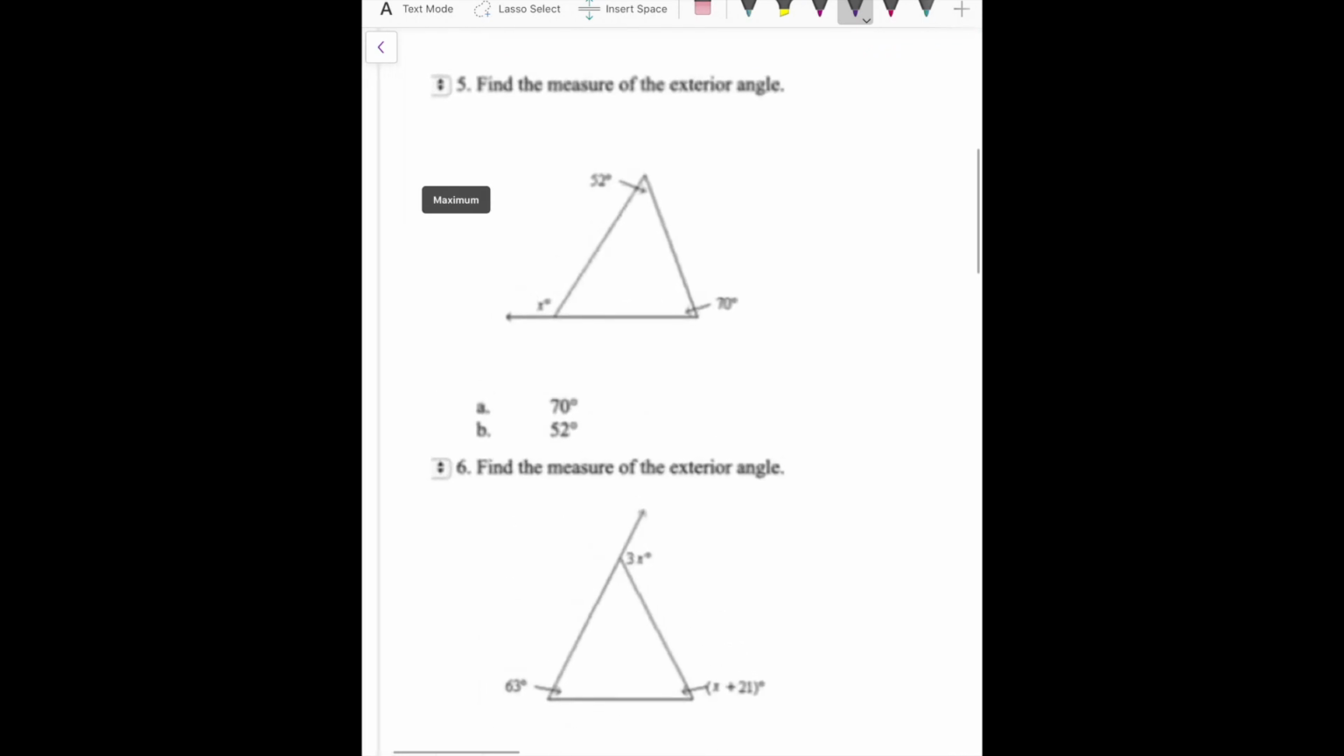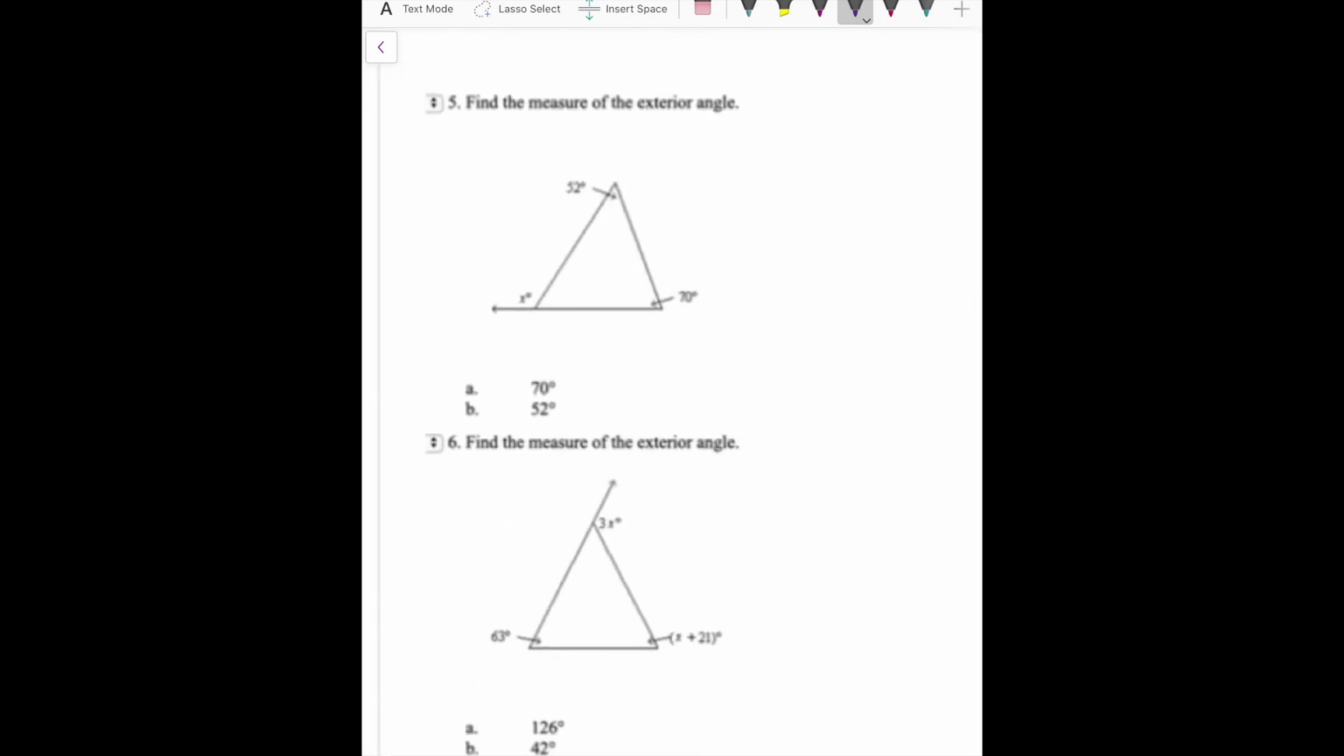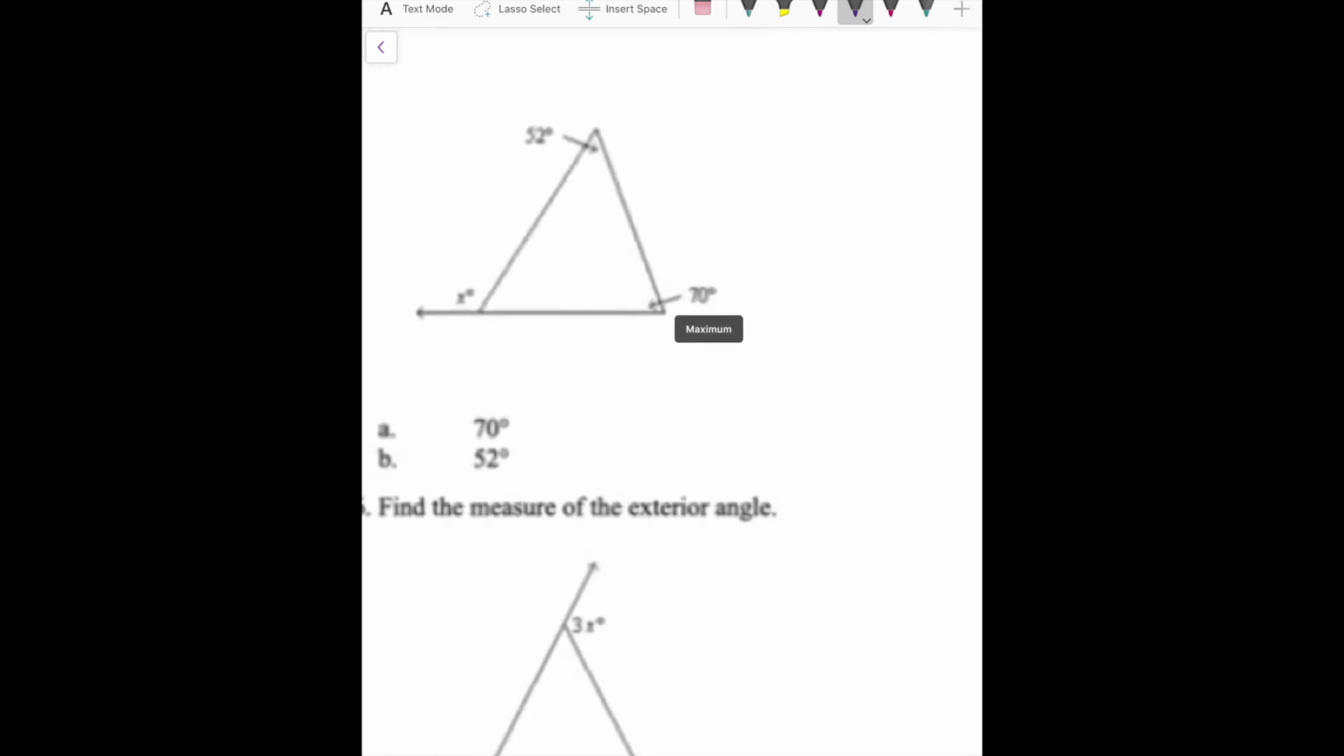So look at number 5. They gave you a triangle, and in a triangle they gave you 2 angles. So that is 52 and 70. So 52 plus 70 plus this angle. This angle is going to be,